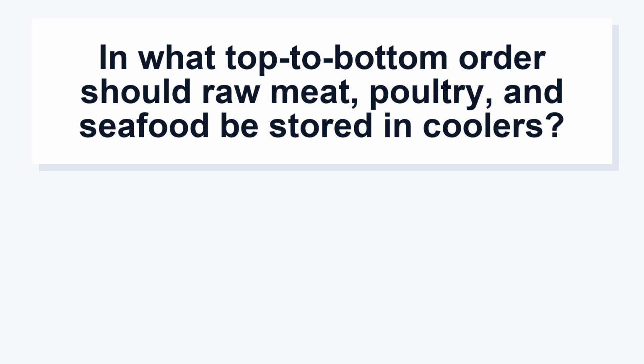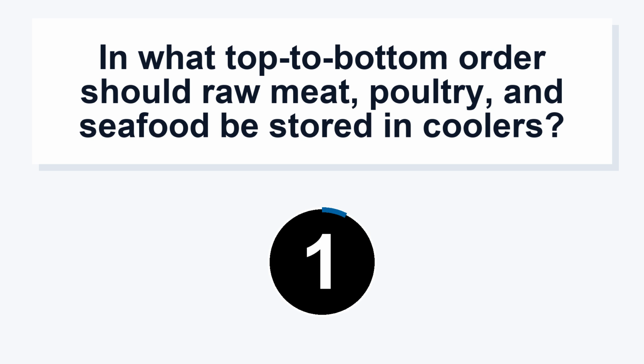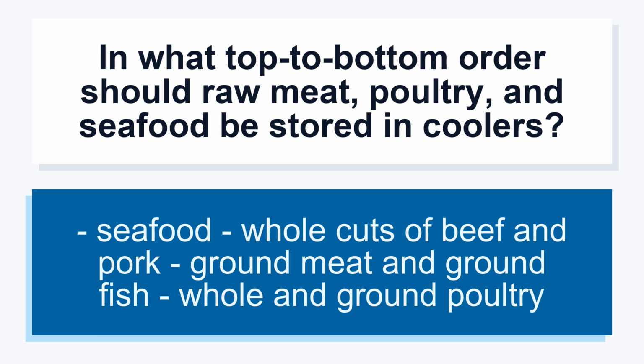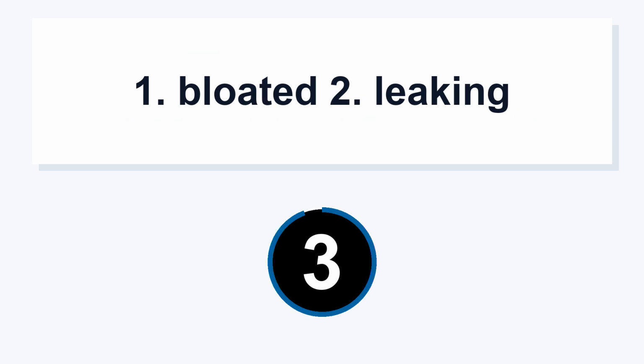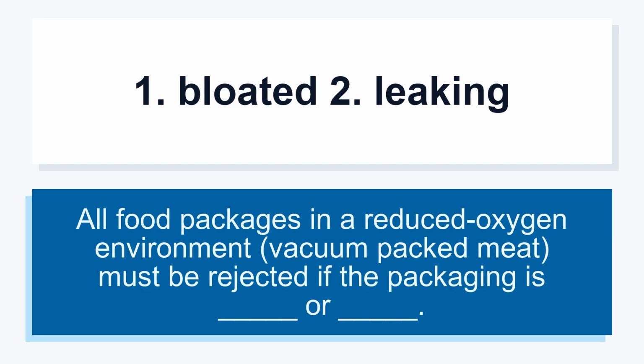In what top to bottom order should raw meat, poultry, and seafood be stored in coolers? Seafood, whole cuts of beef and pork, ground meat and ground fish, whole and ground poultry. 1. Bloated. 2. Leaking. All food packages in a reduced oxygen environment, vacuum-packed meat, must be rejected if the packaging is